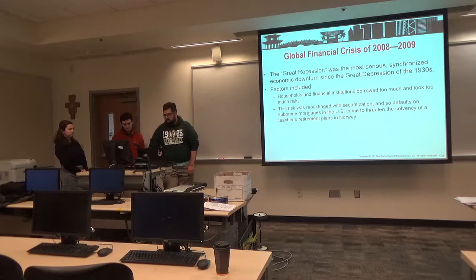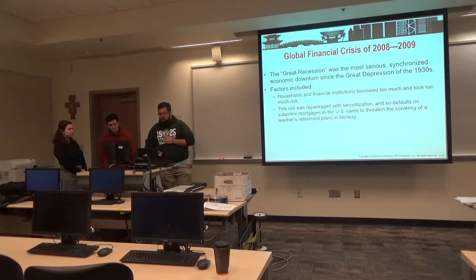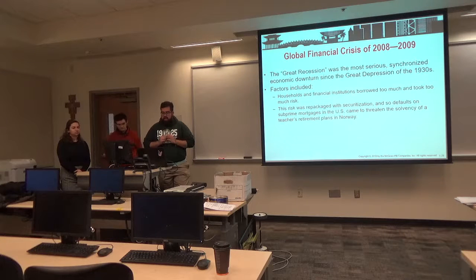And global financial crisis of 2008-2009. The Great Recession was the most serious synchronized economic downturn since the Great Depression of the 1930s. And it came down to a lot of debt and repackaged securitization. So like subprime mortgages became